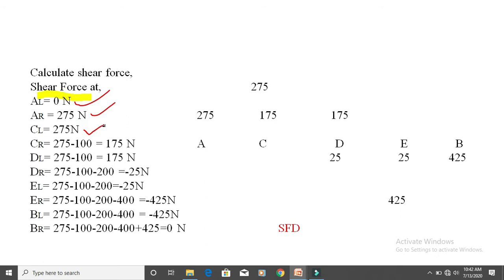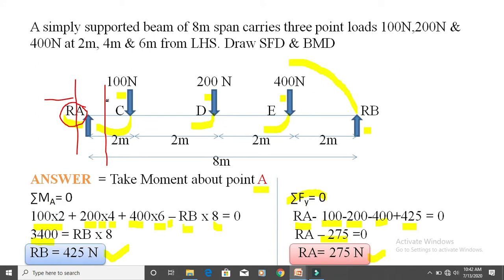The next is C of right, which is 275 minus 100, equal to 175 Newton. It means this vertical line is drawn right of the C. So you should draw the line here. Now you see the left of that line. While we see the left of that line, there are only two forces, RA and C. The RA is going in an upward direction, so consider plus RA, and C is going in a downward direction, so consider minus. So RA's value is plus 275 and 100 is going downward, so minus 100. So 275 minus 100 means